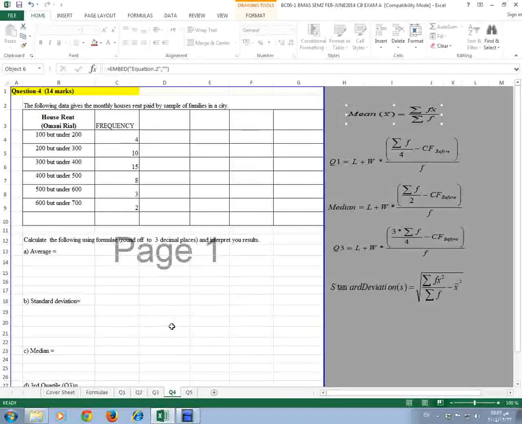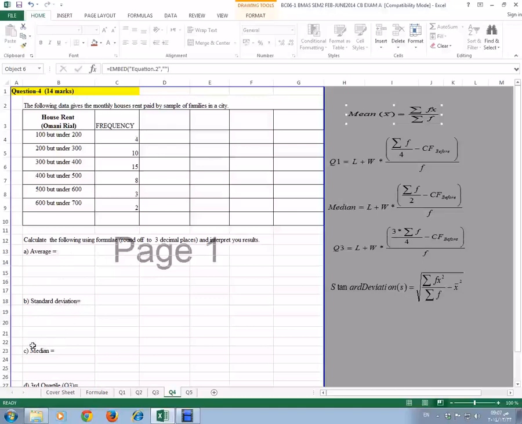Let us continue answering the last two questions, question number 4 and question number 5. Question number 4 here is a group data, and there are some questions related to group data. It's not necessary to be these questions only. Here there is a mean, average, standard deviation, median, third quartile, but it is possible to be also mode,